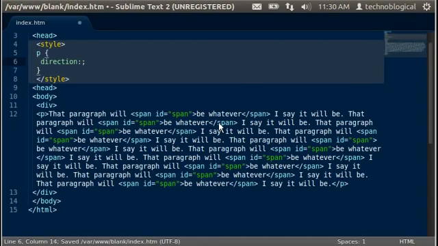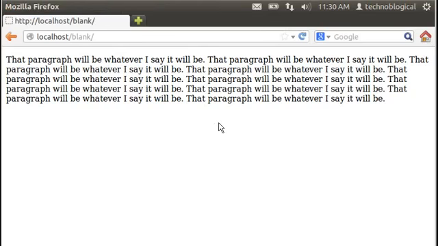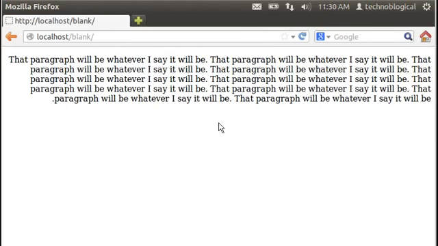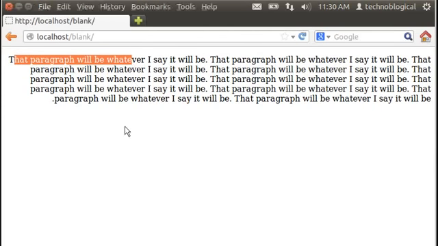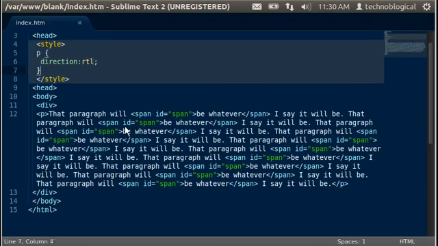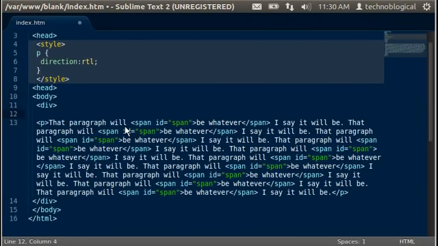You can also do a RTL, and that moves it right to left, but it's not exactly right to left because you can still read it from left to right. So it's not really a precise thing. So I'm going to make a new paragraph here. We'll do a P and /P and put some numbers